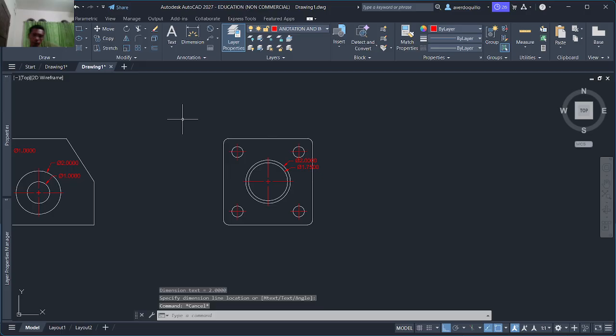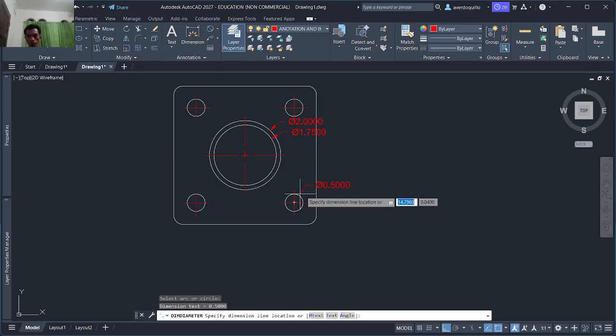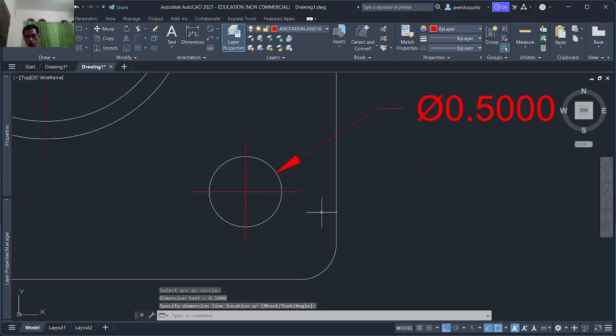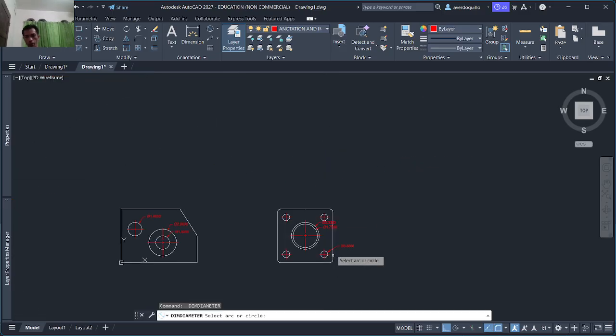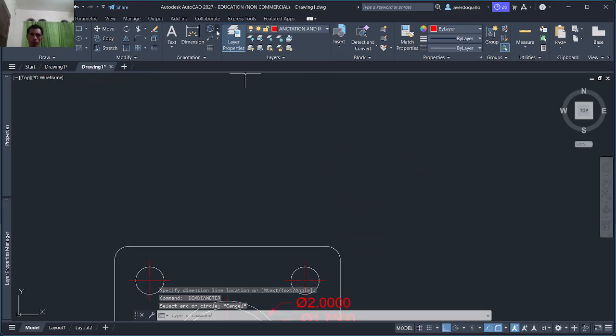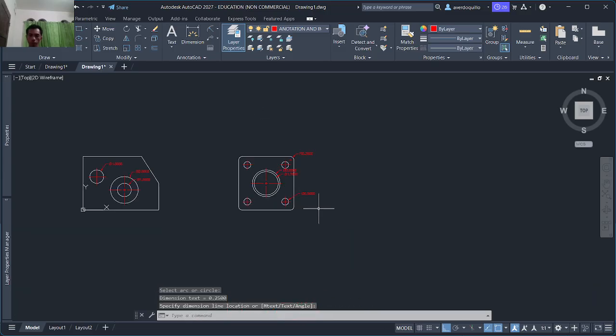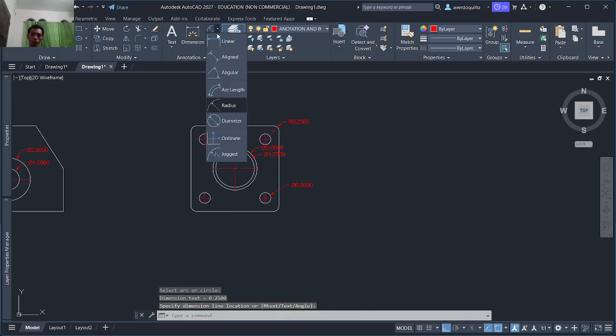Okay, that's proper. The radius, okay. And then this one.